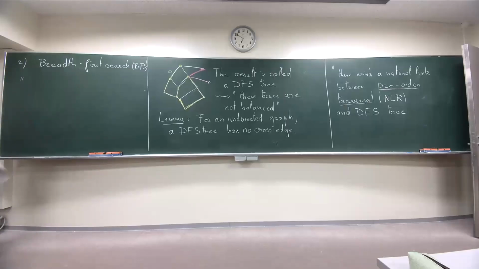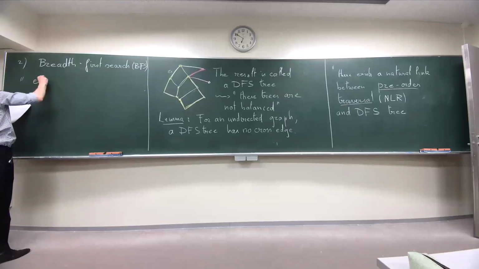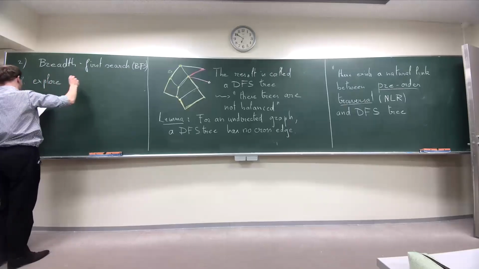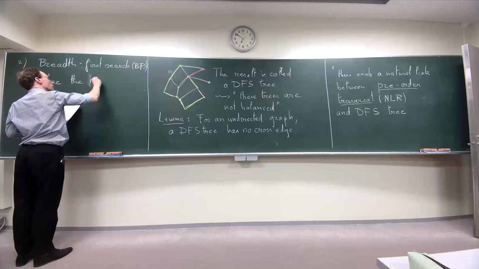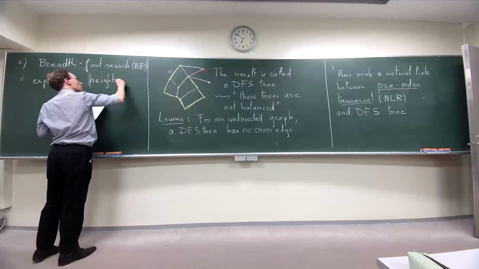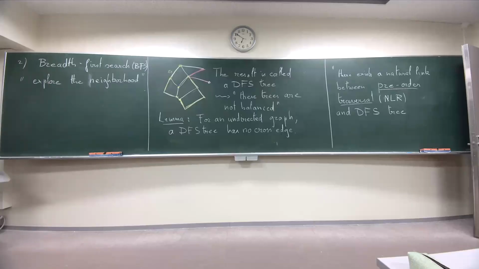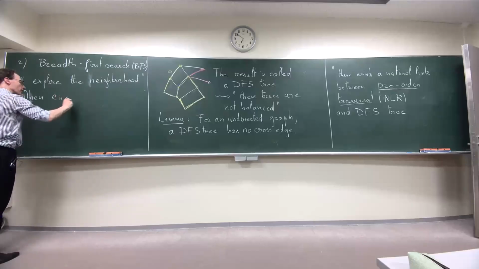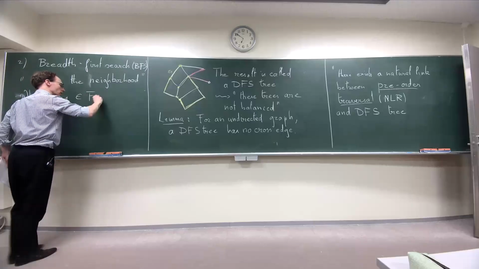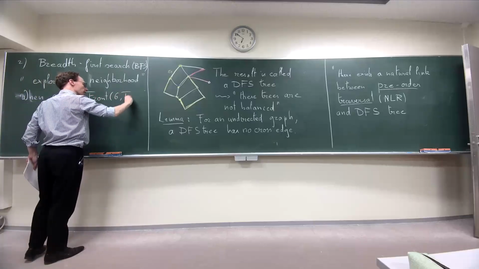And now the sentence is: explore the neighborhood. So before it was go as far as possible before backtracking. Now it's explore locally. So what it means when choosing E_{i+1} inside the frontier of G_i,